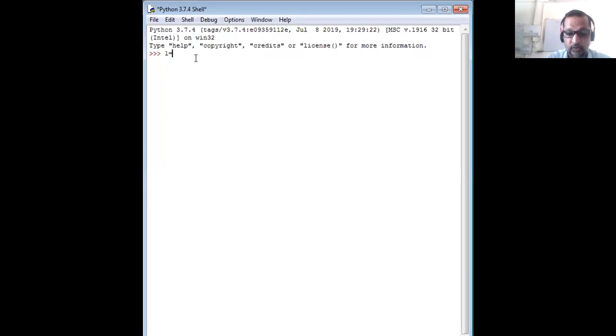L is equal to 6, 7, A, and B. Now print L. It will give 6, 7, A, and B. Let us change the value in place. L[3] is changed to C. Now when we print L, it's like 6, 7, A, and C.